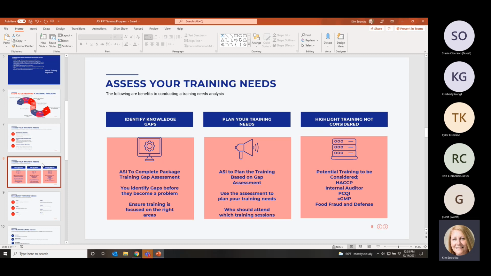So, and then just, not to get shot or anything, but if Kimberly and Tyler, if you can both type in the chat box, your current level of compliance. Are you GMP certified, SQF certified? That would be helpful just so that I have an understanding. Okay, so Tyler is GMP and Kimberly is GMP storage and distribution. Okay, great. So we've got at least one SQF site on here and a couple of GMPs.